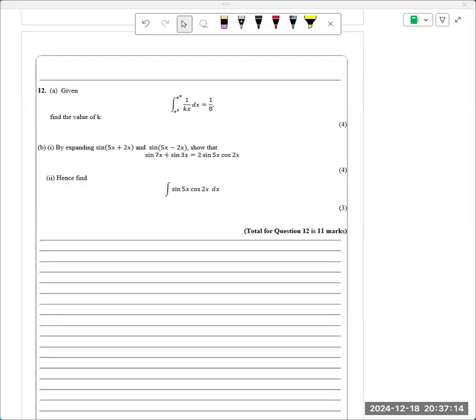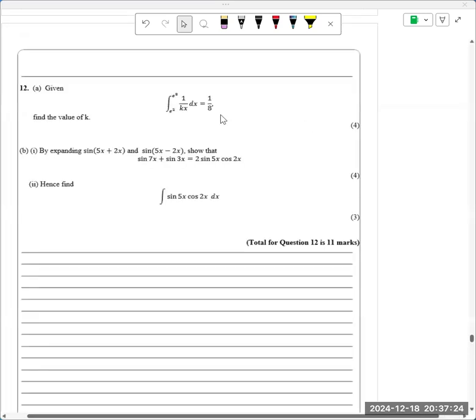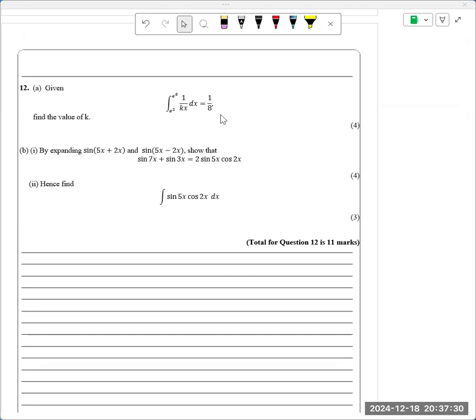Question 12 is an integration question. I was a little bit limited in what I could give you here because I said it was only up to exercise 11C or section 11.3. This is in fact two questions out of exercise 11C. So if you'd actually done those textbook exercises, you should have been able to do these questions. A little bit harsh of me perhaps, but